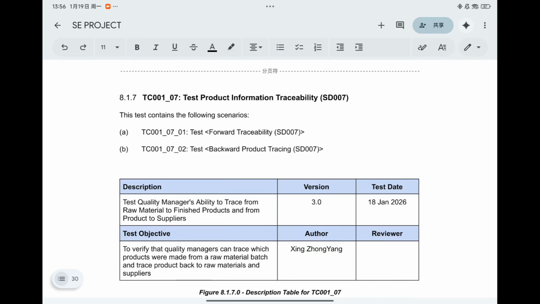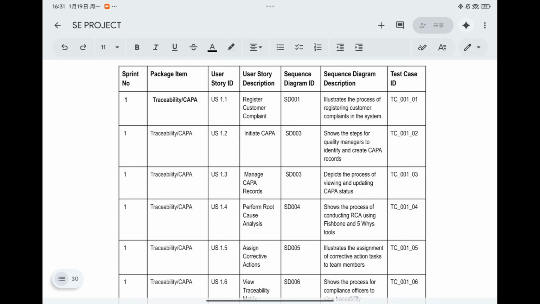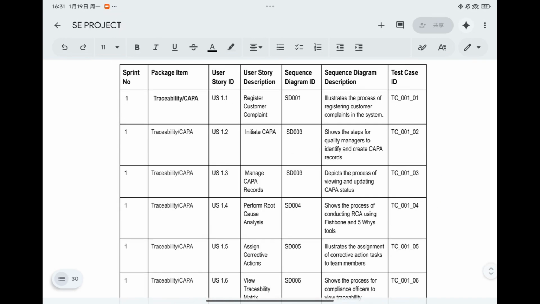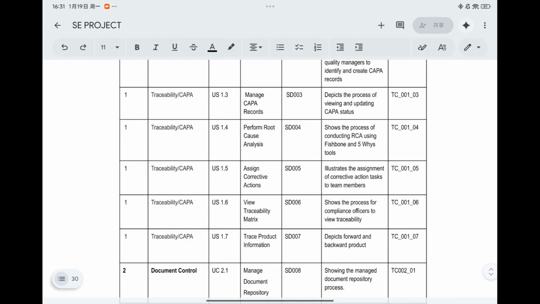All the test cases follow standard steps with clear inputs and expected results to meet ISO requirements. Next is the traceability matrix for the CAPA module. We have 7 user stories, 7 sequence diagrams and 7 test cases. Each user story has its corresponding sequence diagram and test cases, ensuring complete coverage from requirements to testing. We test the customer complaint, initiate CAPA, manage CAPA records, perform root cause analysis, assign corrective actions, build traceability matrix,